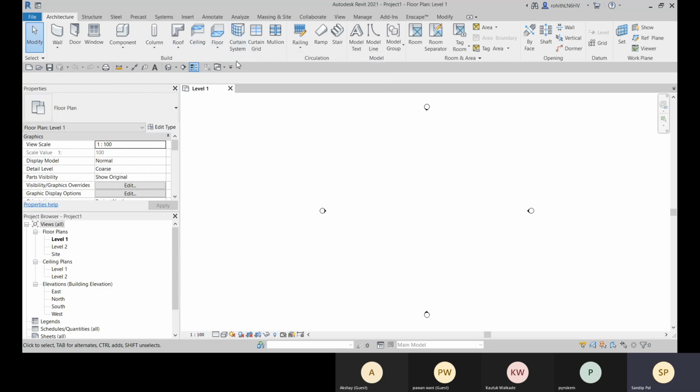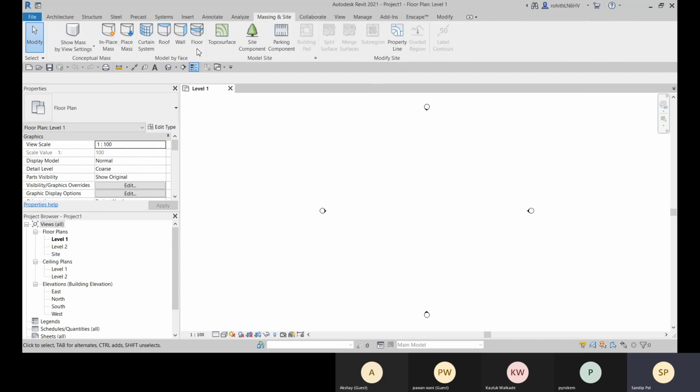Suppose you are creating any free form shape or free form model or organic shape model, or even if it's not, you are creating with this mass. So you can create a mass for any kind of unique model.